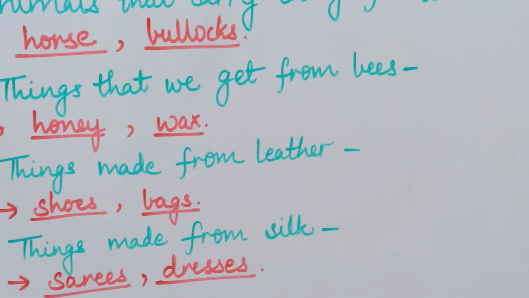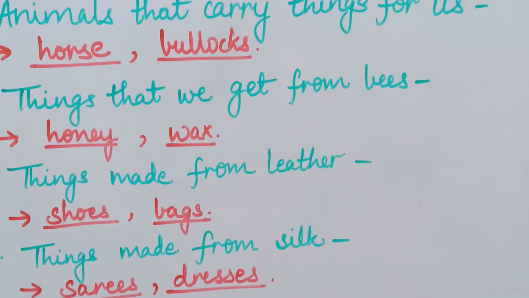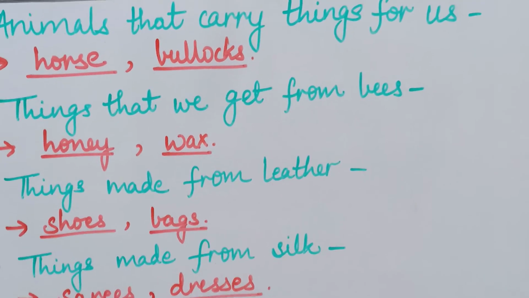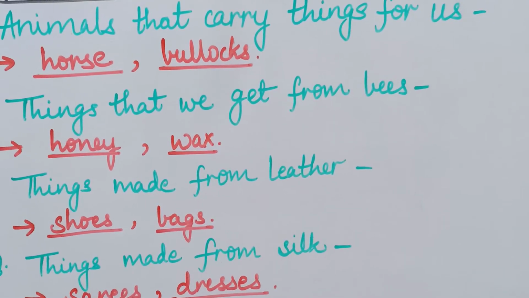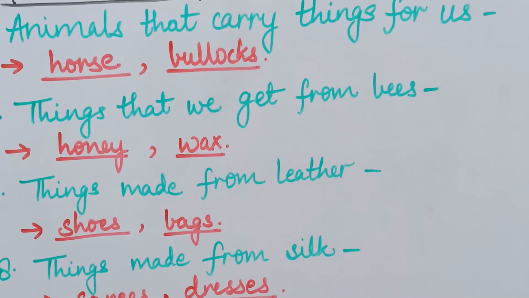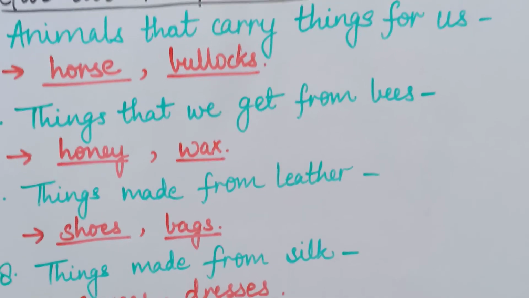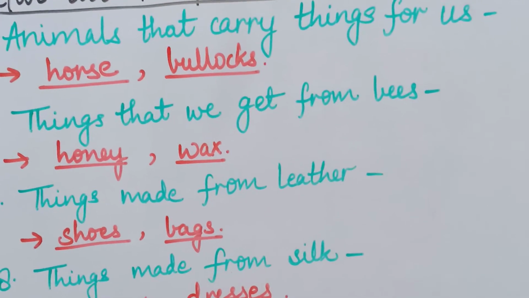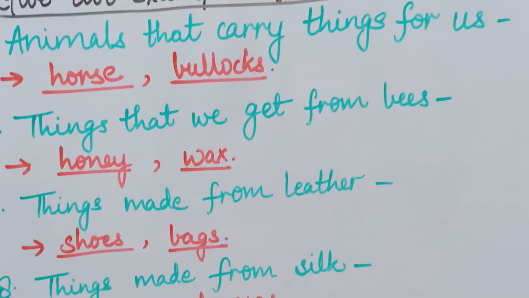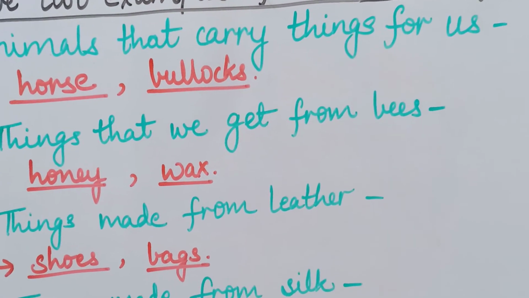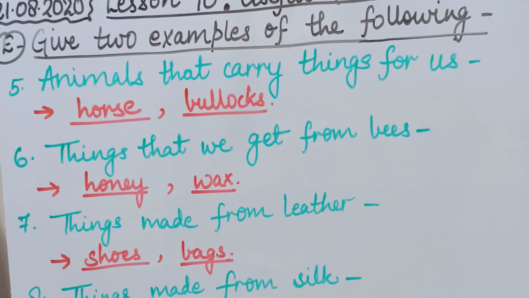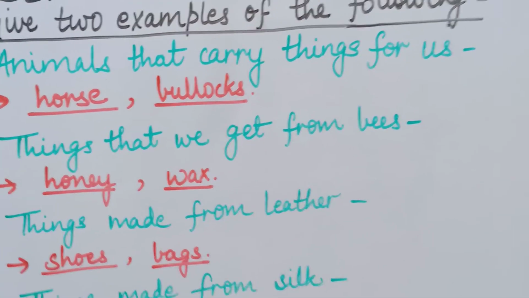Children, again I am telling you that you can come to school or you can send your notebooks to school for correction. You can come any day from Monday to Friday. The timing for copies correction is from 10 a.m. in the morning to 1 p.m. in the afternoon. So between 10 a.m. to 1 p.m. you can come and get your copies corrected. Is that clear, children? Now complete your work and get your copies corrected.